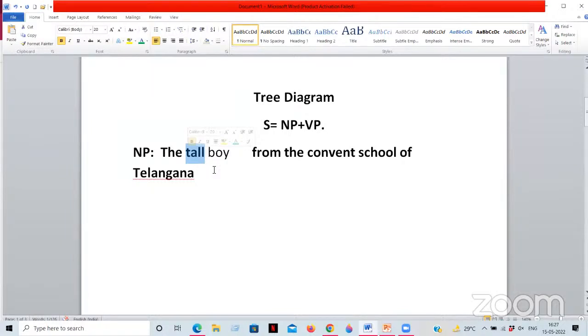So let me tell you that tree diagram. We are a little bit worried about this subject because in our offline classes we have much interactive sessions. Obviously, this is vast. There's too much to download on our minds, and obviously we have very less time. I don't know how we're going to manage this.